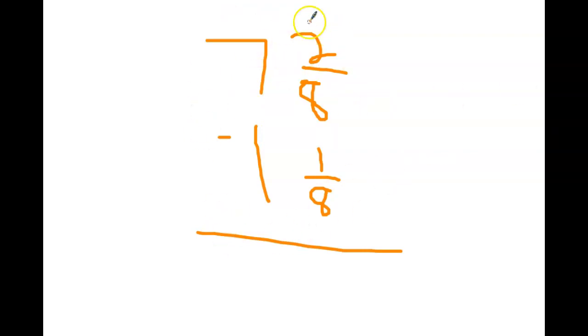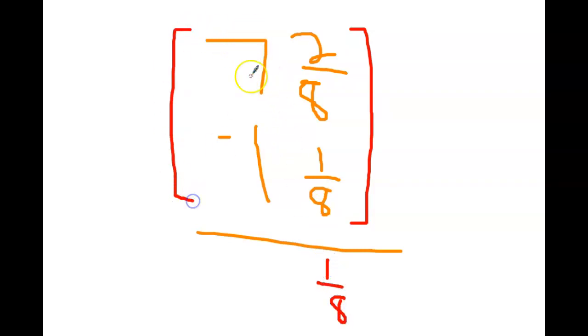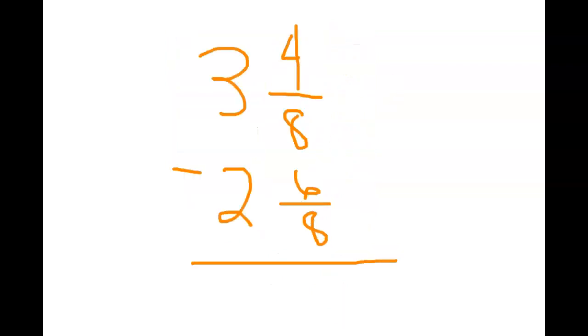With this problem, we're going to just subtract our fractions first, right? So we're doing 2/8 minus 1/8. So 2/8 minus 1/8 is 1/8. And then we're subtracting our whole, 7 minus 1. 7 minus 1 is 6. So we know our answer is 6 and 1/8, right? So it's very simple just to subtract regularly because I know that 2/8 is bigger than 1/8 and I can subtract. But what if we have it to where our numerator,